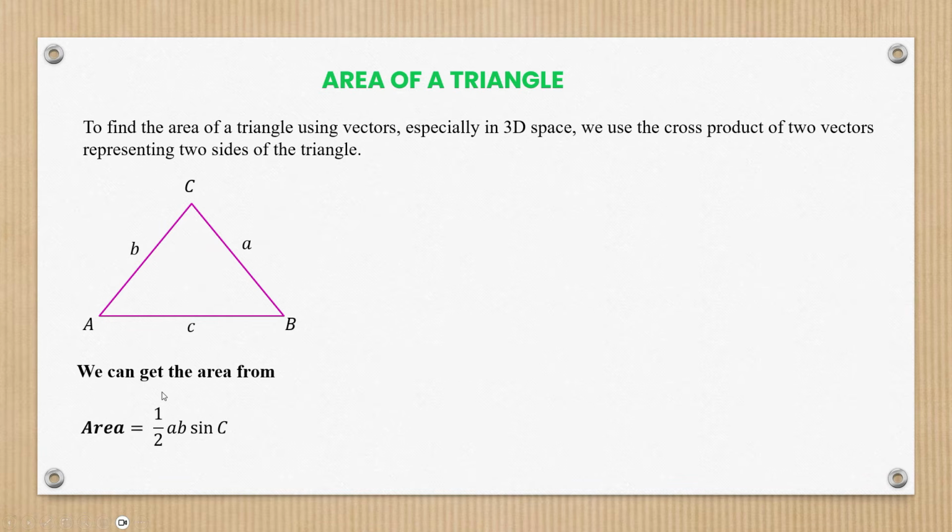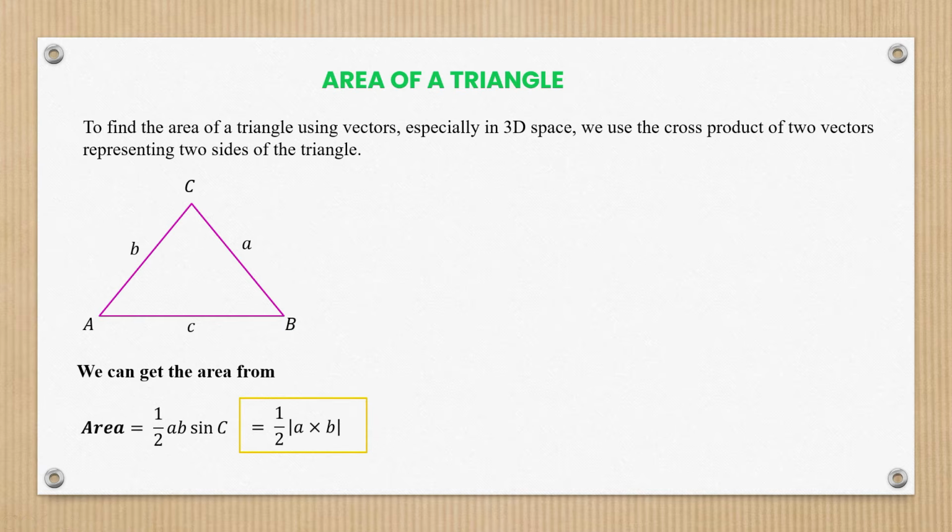So if we are going to have area, let's imagine we're going to have this vertex capital C. So the area shall be a half a times b sine C. And then remember, this actually represents the cross product. So this can be written as the vector product,